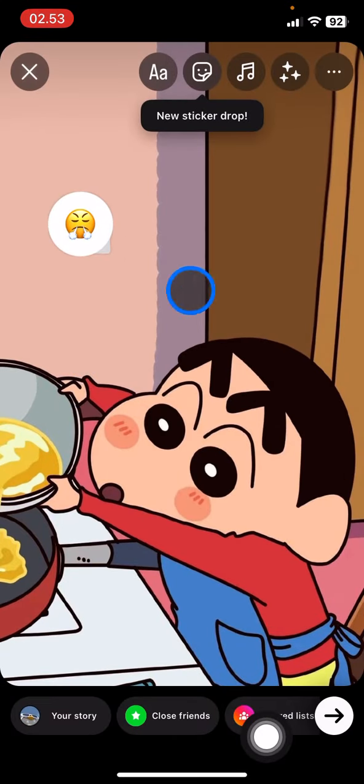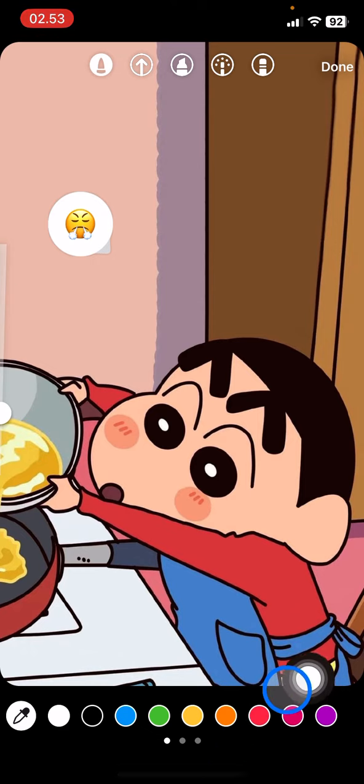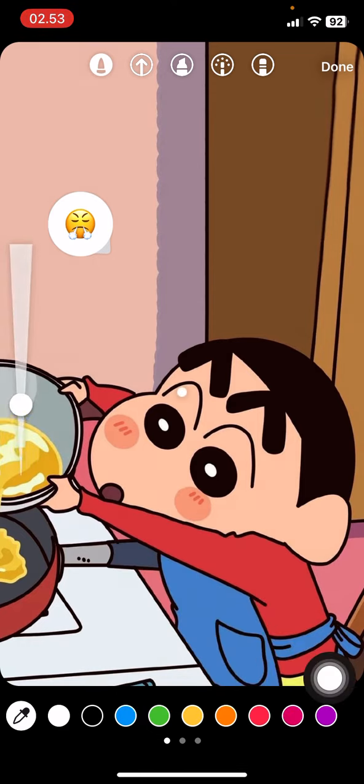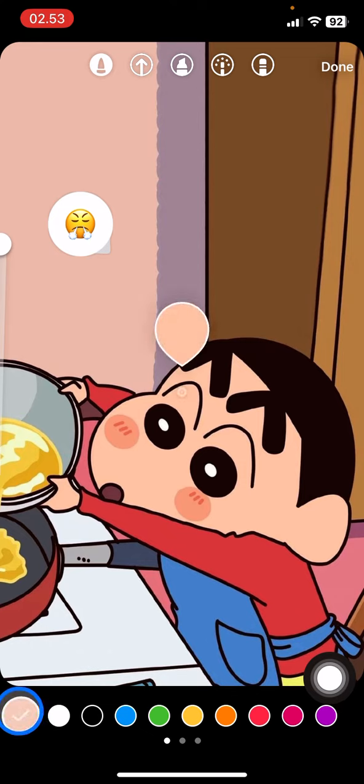The next thing you need to do is click these three small dots and click draw, and then we just need to adjust the size of the pen here. You just need to drag this slider into the upper part so that you will get a bigger pen size. Now you just need to click this color picker,